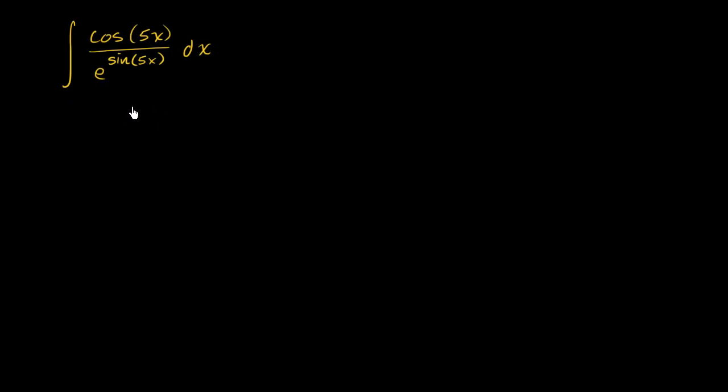So let's think about whether u substitution might be appropriate. Your first temptation might be to say, hey, maybe we let u equal sine of 5x. And if u is equal to sine of 5x, we have something that's pretty close to du up here. Let's verify that. So du dx, the derivative of u with respect to x, well,